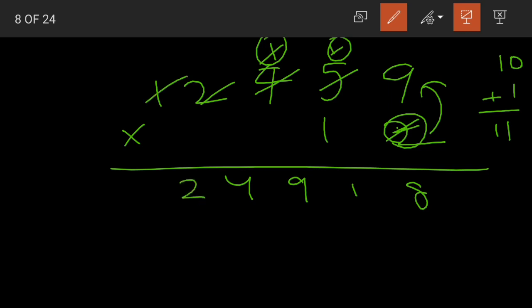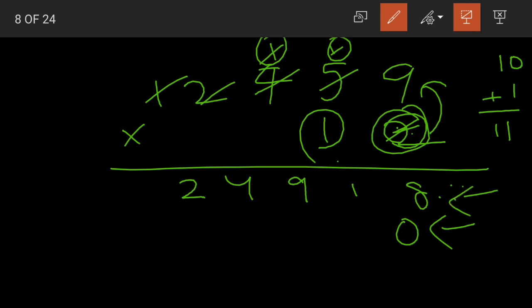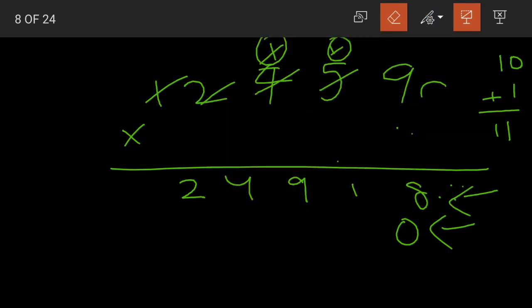Yes. Now coming to the next digit 1. A new digit, so a new line. Now after 1 we are having only one digit, so we'll place 1 0 here. Yes. Now why did we not place 0 in the first line? See children, we were having 12, right? So after 2 there are no digits, so we placed no zeros. And here after 1 we are having one digit, so we are placing 1 0 here.